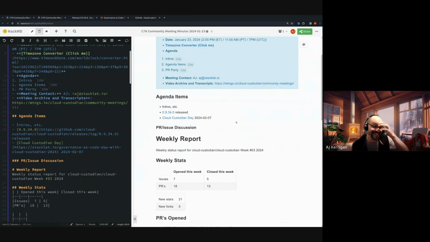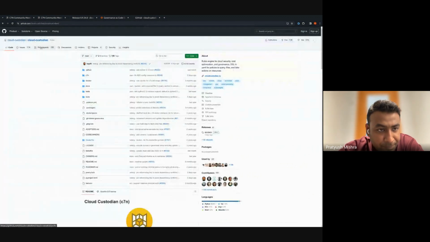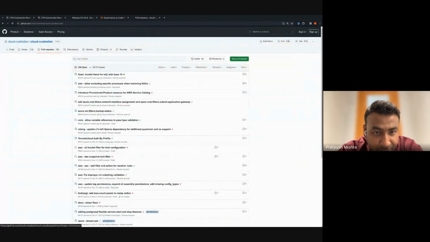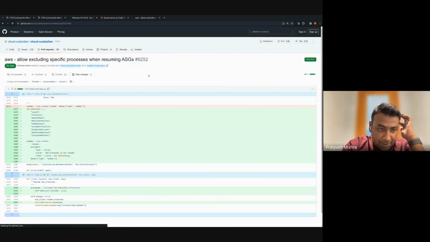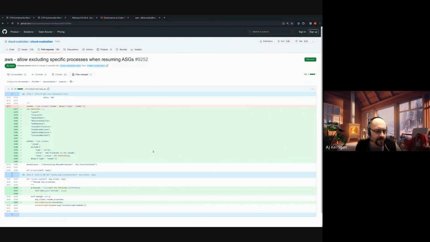I was going to ask if you have time, AJ. There was a PR that was sent by Thomas Stone. It should be a small one. I briefly looked at that. It's the second one from the top. It looked okay to me. It's just replicating the exact same pattern that we do for suspending SGs, trying to replicate that into the resume action. So that's interesting.